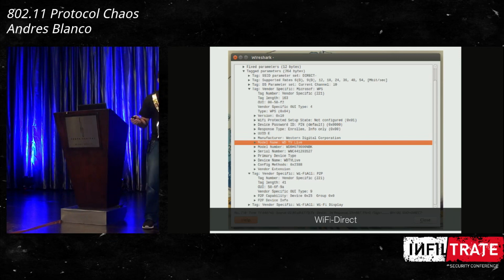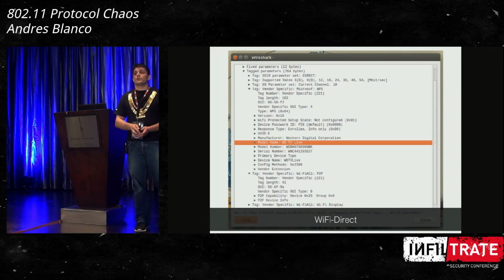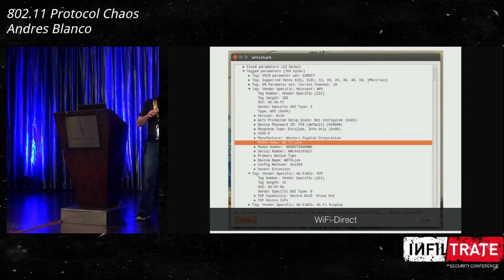And why is that? Because it was developed, again, by the Wi-Fi Alliance, and the Wi-Fi Alliance decided to use WPS to provide security to the protocol. So again, with Wi-Fi Direct using WPS, they send all the information from the device. This is a media center that is telling us the serial number, the version, and a lot of information. We're going to see that this protocol is not only about leaking information. At the end of the presentation, I will show you that a bad implementation of this protocol could give access to devices. Okay?